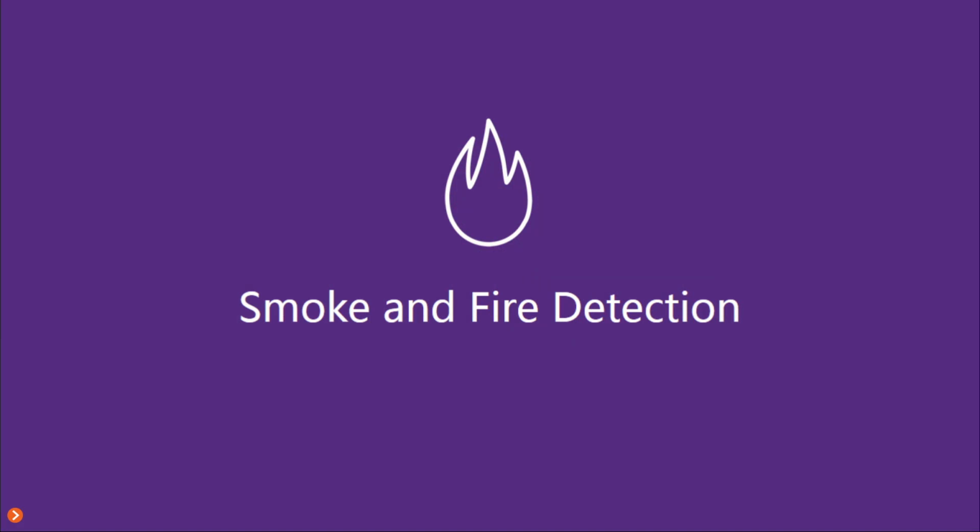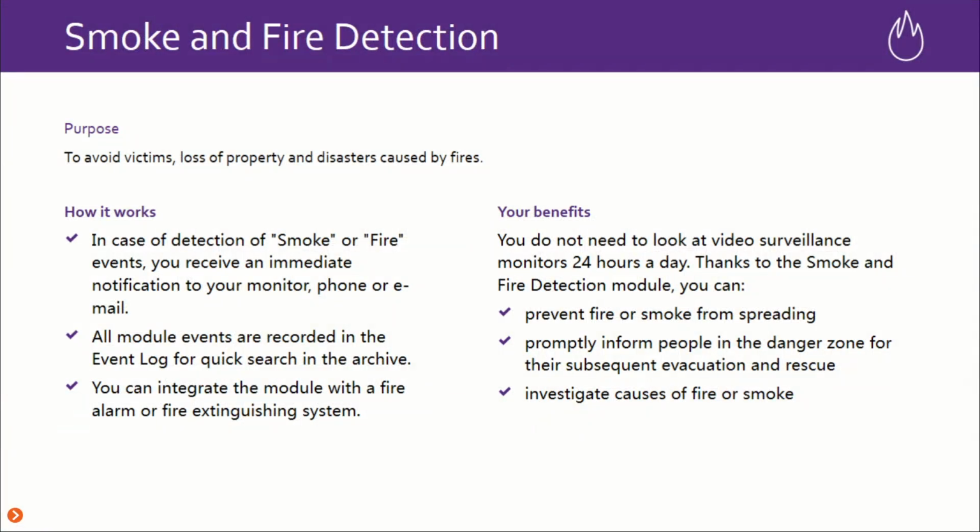First we have smoke and fire detection. Smoke and fire detection can detect any fire as small as 30 pixel by 30 pixel. The system would be working on the entire camera view. If it is able to detect fire in the camera view, it will notify you on the stream of the camera which is being displayed on the monitor, or you can configure the system to send a notification via SMS or email or via push notification.